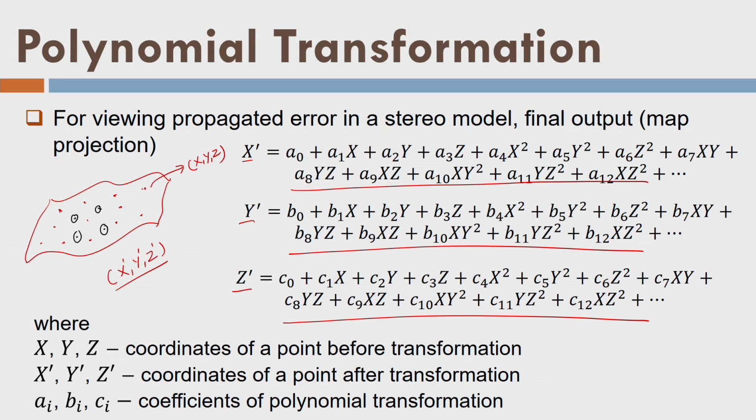And polynomial transformation is not for the image refinement. Image refinement is generally done by the projective transformation, conformal transformation and affine transformation. These are the 4 mathematical transformations we have learned now for image rectification as well as for the model development or the model transformation. But there is some physical equation also, or some physical understanding we can develop about our imaging process.